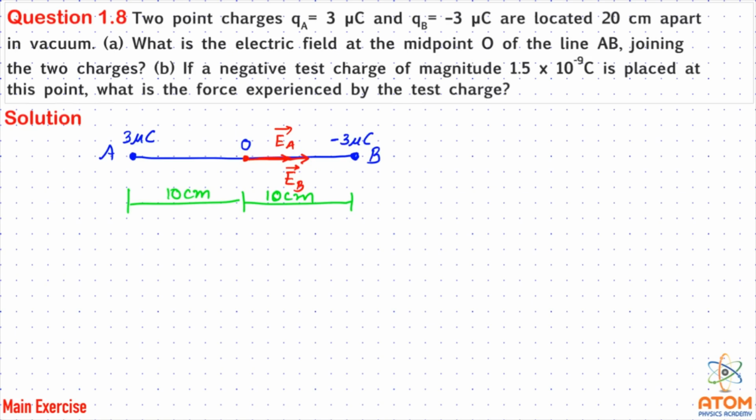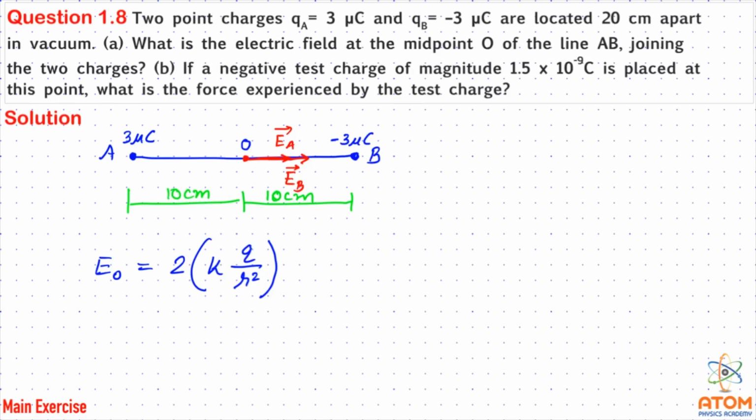So finally the electric field at this point O, let me name it like EO, then EO will be equal to double the electric field of one, that means 2kq upon r square. I hope you are getting. What I am saying is, if I calculate the electric field of this charge only, then the resultant electric field here will be double of it, because the electric field of this charge and this charge both are in the same direction and they are having same magnitude. So I am just making a double of it.